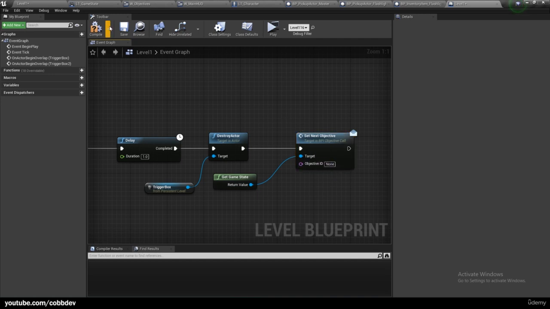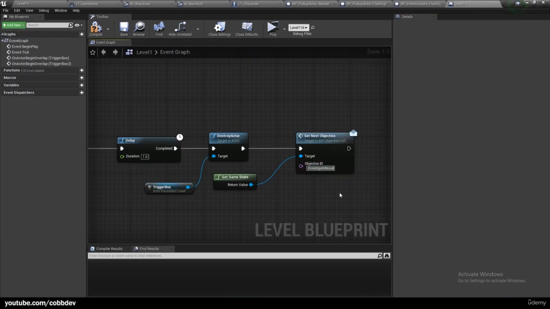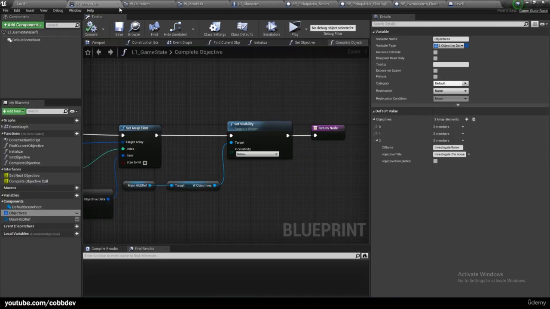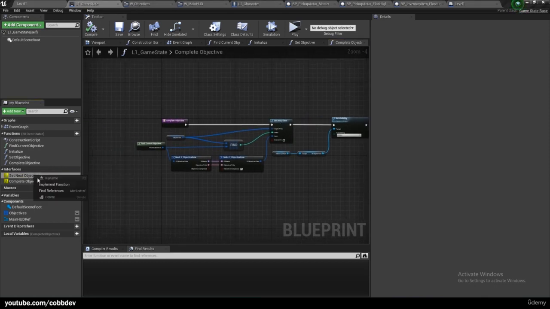And let's set the objective ID name to investigate noise, copy, paste, and then in L1 game state, we can call this set next objective function, or implemented I mean,